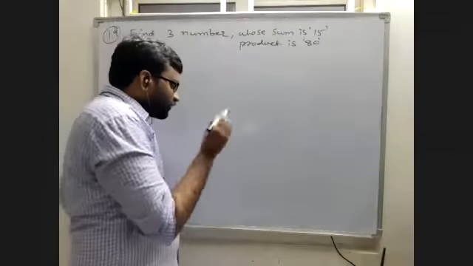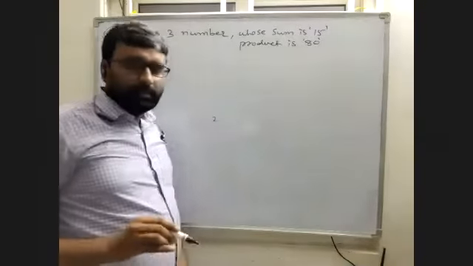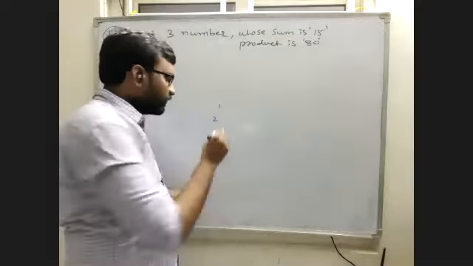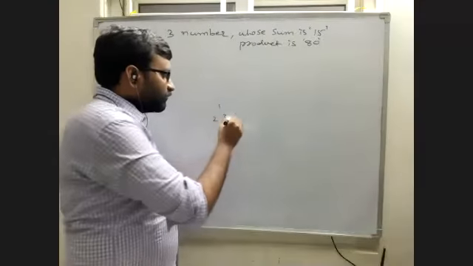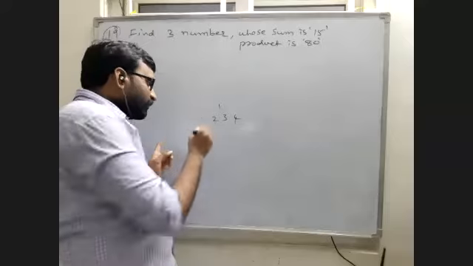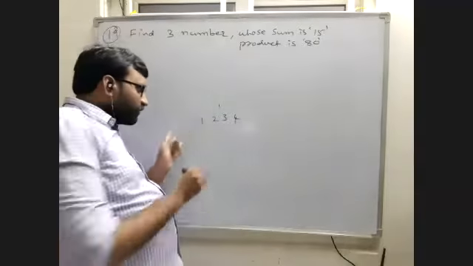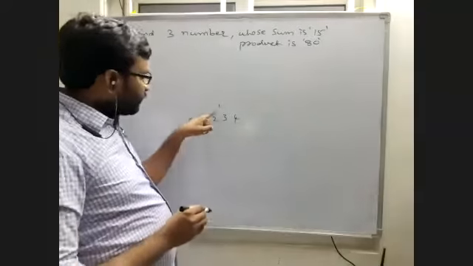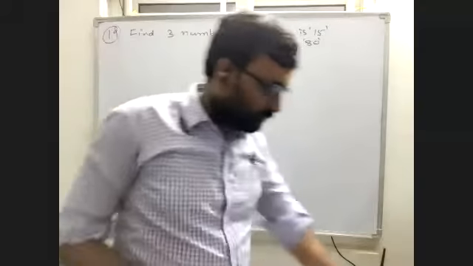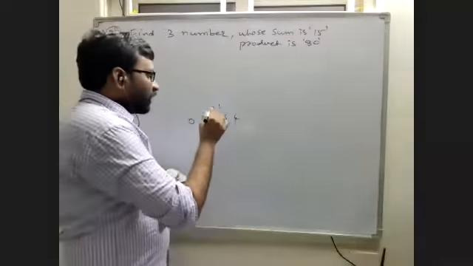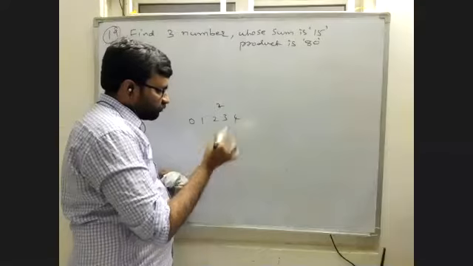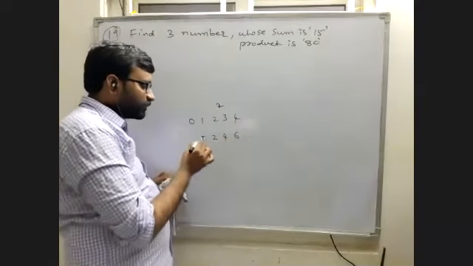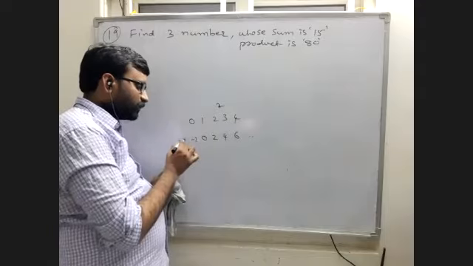Suppose the first number is 2 with the common difference 1, the next number will be 3, the next number will be 4. The previous number will be 1, the previous number will be 0, the previous number will be minus 1. Like that, the common difference is very important to find the series. If you take common difference 2 with the first term 2, then it will be 4, 6, so on. It will be 0 and minus 2, minus 4, so on.